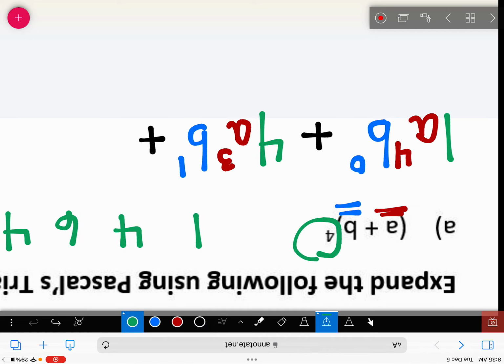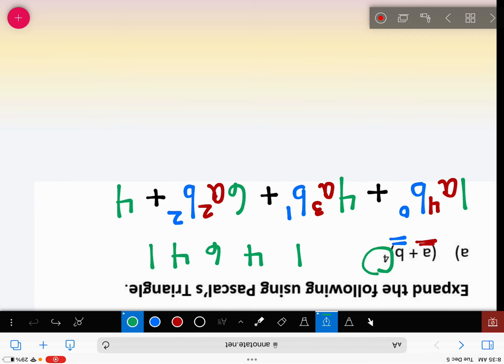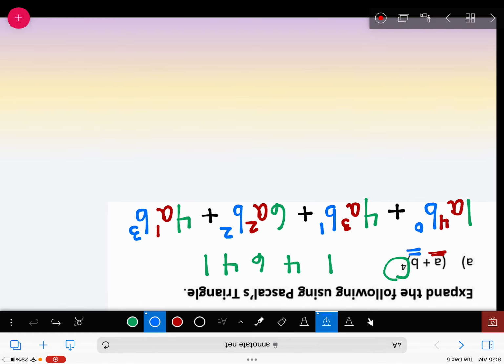Plus, the next number in my row 4 is a 6. What do you think A is going to be to the power of what? And what about B? 2. Plus, now I have a 4. A is now to the power of 1. B is to the power of 3. Plus, and then you end off with A being to the power of 0, and B is to the power of 4. So I did one that was really, really simple to start off with,